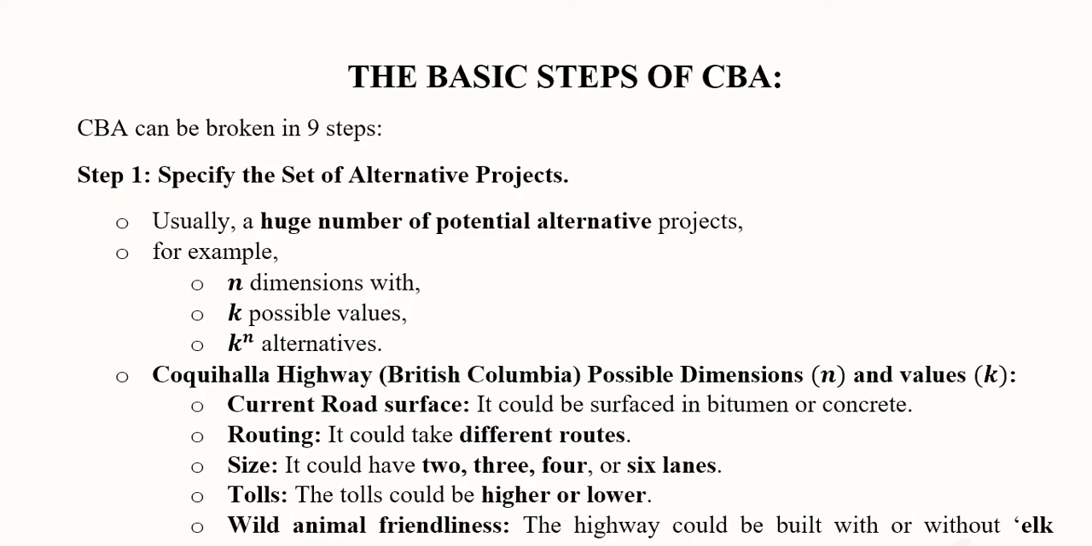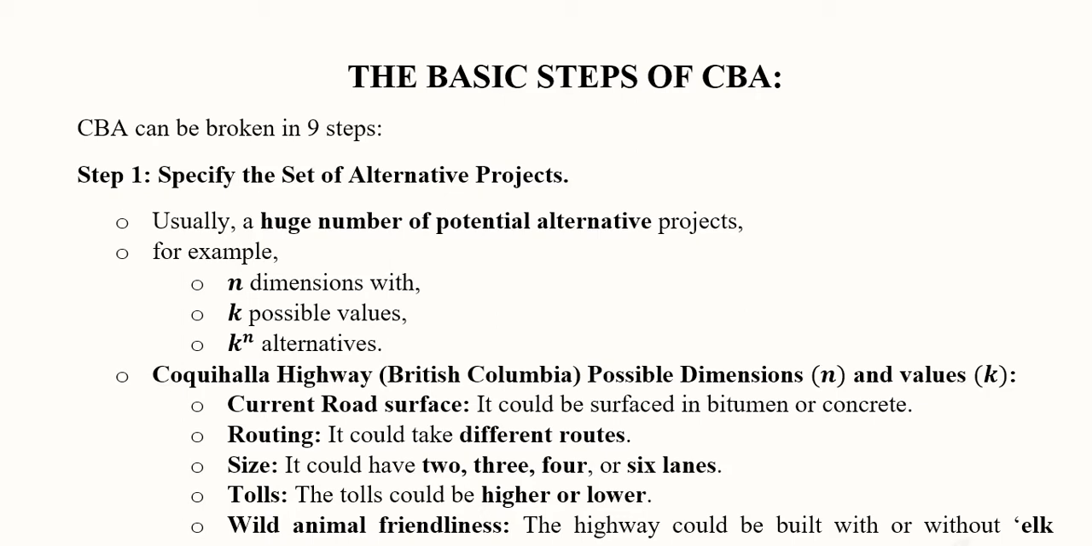Hi there. After getting introduced to the CBA, now we will see what steps are involved in this process. They are 9 in number, and let us start with the first one. The first one is to set the alternative projects, and in this process we list all the possible alternatives that we have in order to achieve the same